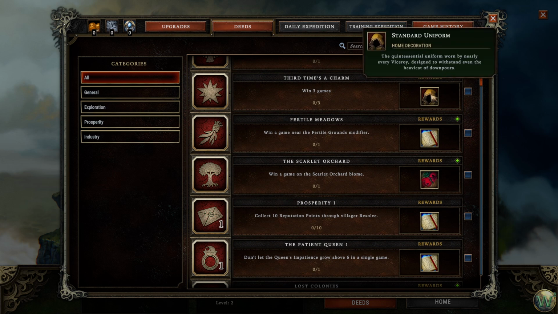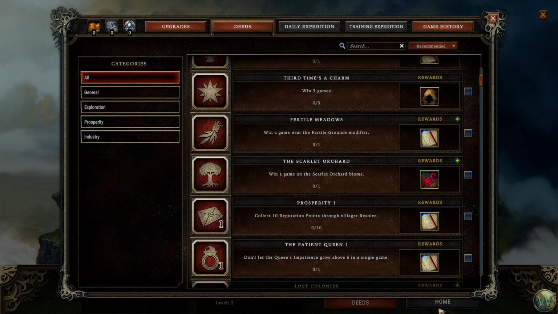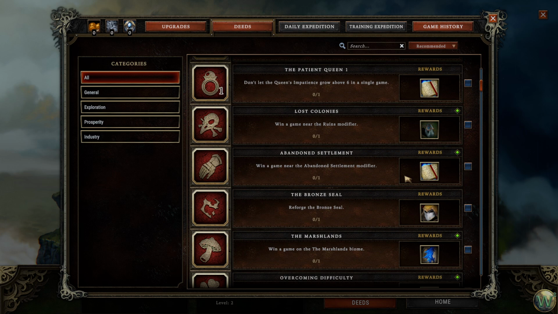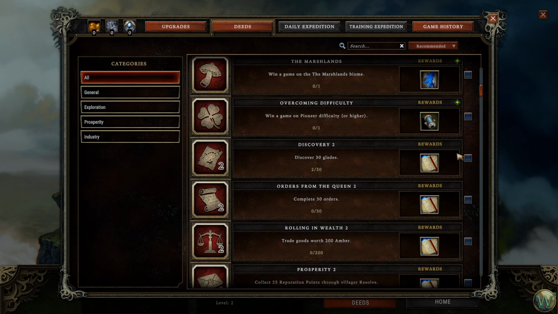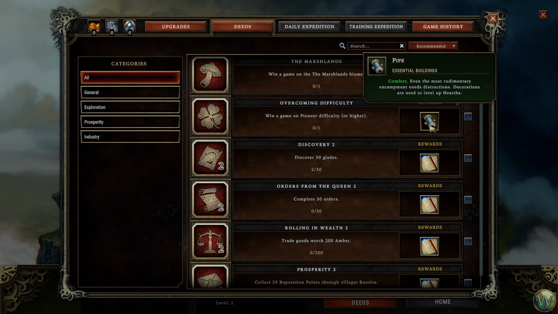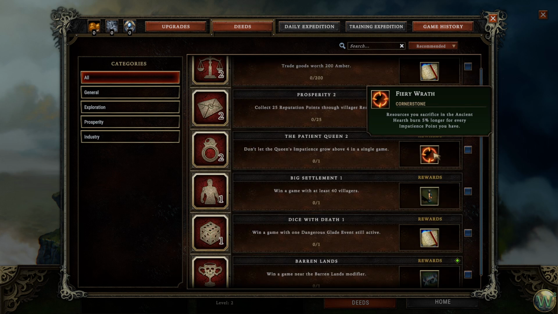Other rewards include home decorations to go into that home. There's several of those. I don't remember exactly how many. There are different essential buildings, all decorations that you can take with you. I believe they're all decorations that you can take with you to every town and build as part of building that town. Things like walls and decorative pipes, lamps,